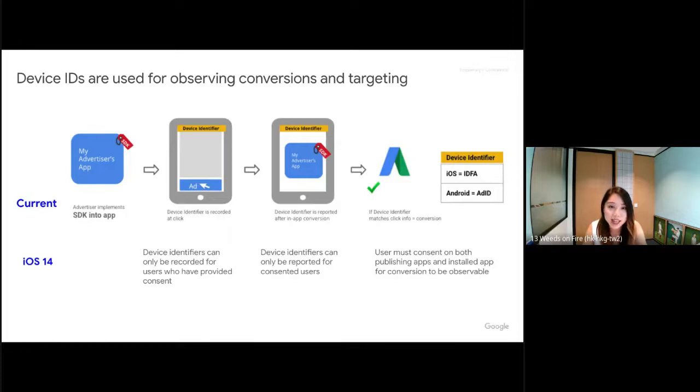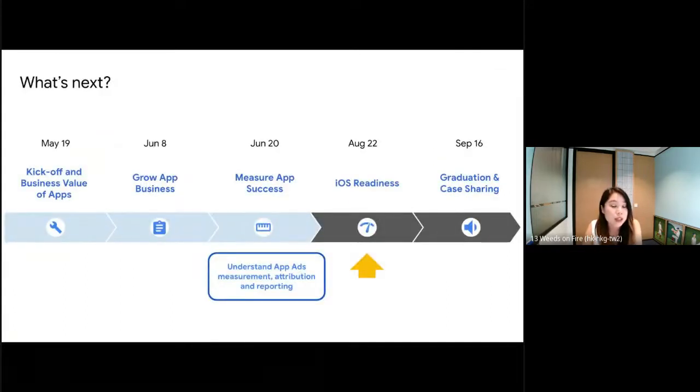So I also want to share with you one of the examples. We'll not go through it today in depth. We have another workshop to go for it. But basically, for iOS 14 updates with an update from Apple's side, it is harder now to really measure and track those conversions because it needs IDFA. And we'll talk more about this in the next workshop in August. We'll go through all of the changes from the iOS side so that through Google Ads campaigns, you guys can also drive that measurement and successes in your iOS app campaigns. For today, we'll mostly talk about the general app ads measurement, attributions, and reporting. So this is something that you guys can look for the next time.